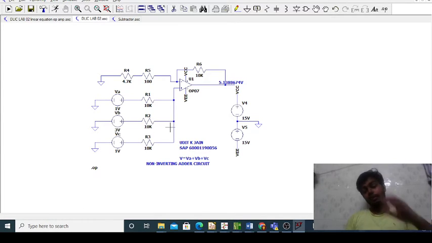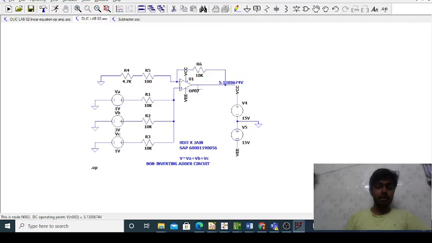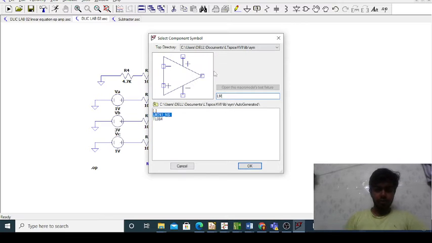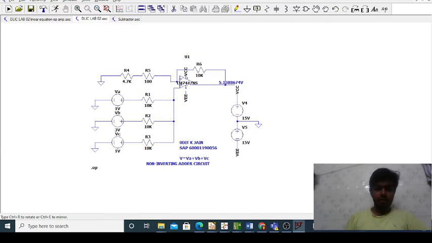Here we have conducted a study using various different kinds of op amp and seeing which op amp is bringing the practical value nearest to the theoretical value. We can change voltages also and verify this. But now we will be changing the op amp and verifying this. We'll just cross it and select LM741. Here we have placed LM741.